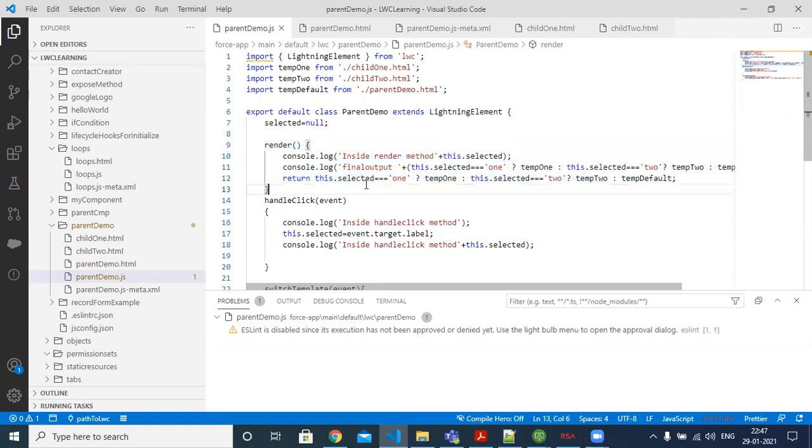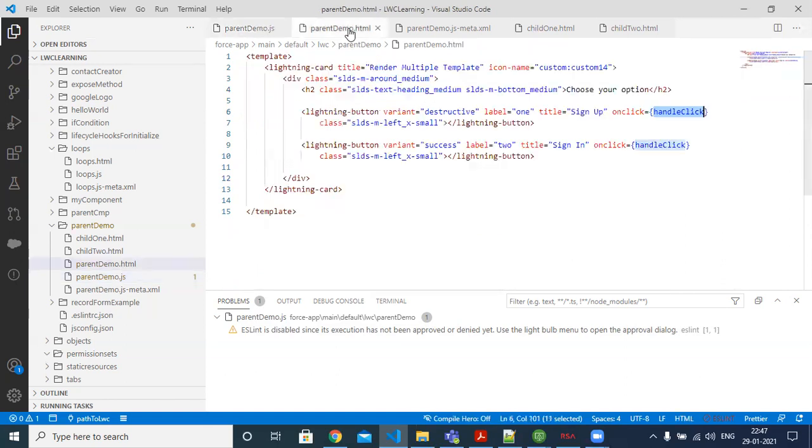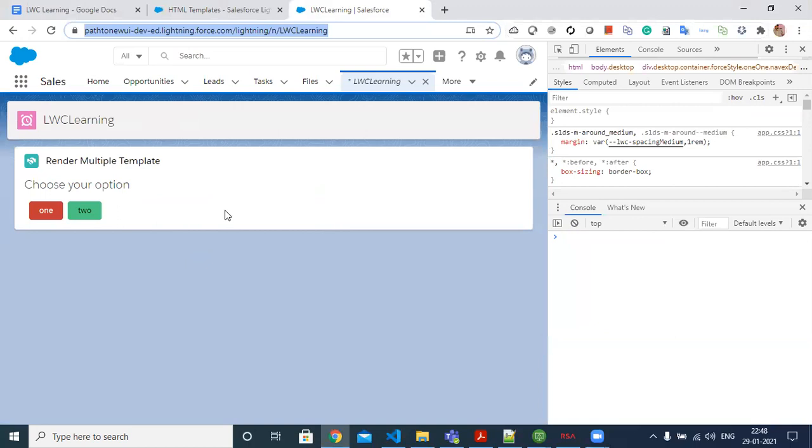Then it will check the value of this selected class level variable. When the page is loaded, it is just null, right? So this condition won't be satisfied, and this condition is also not satisfied, right? So the default template, what is the default template? This parent.html, whatever content is available inside this file is displayed, right? This is what is displayed here.